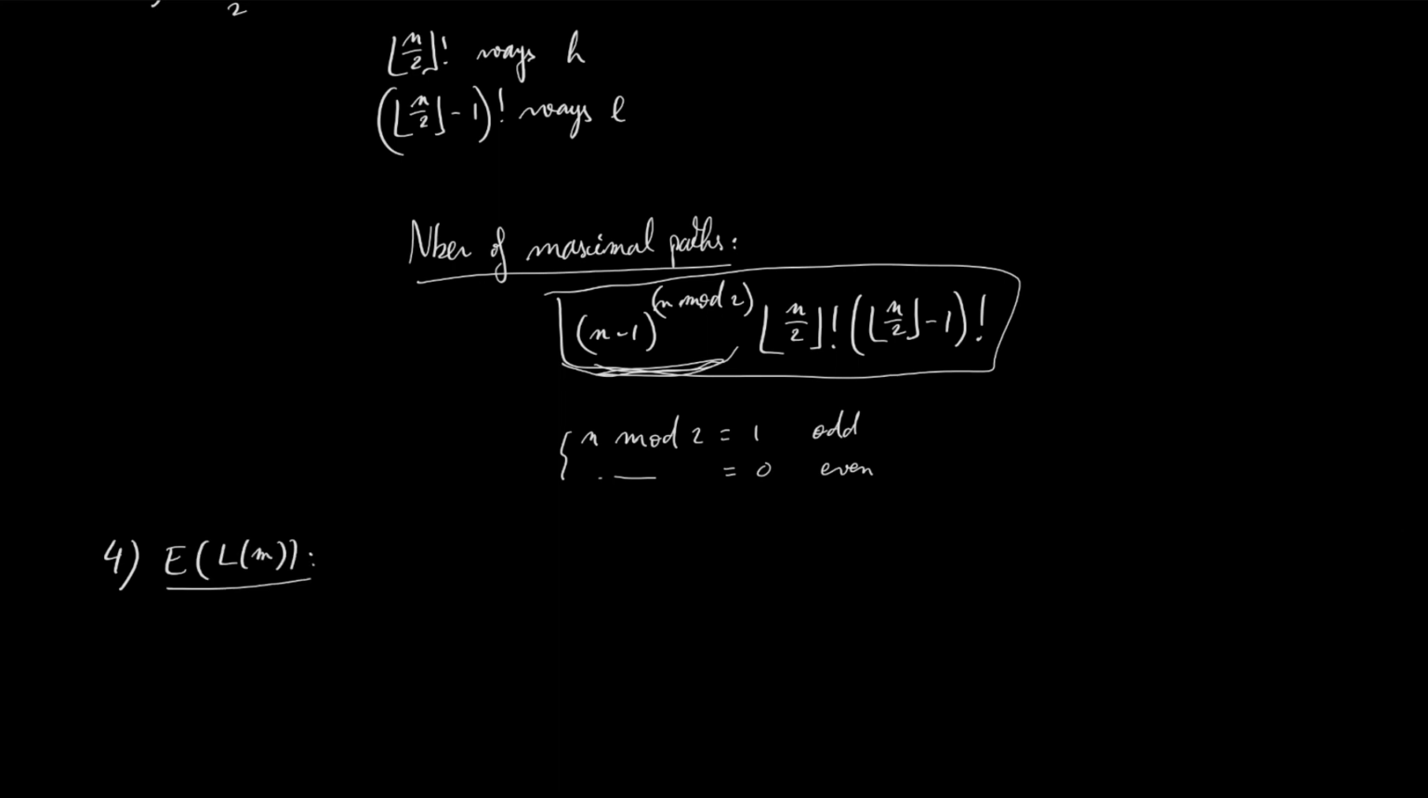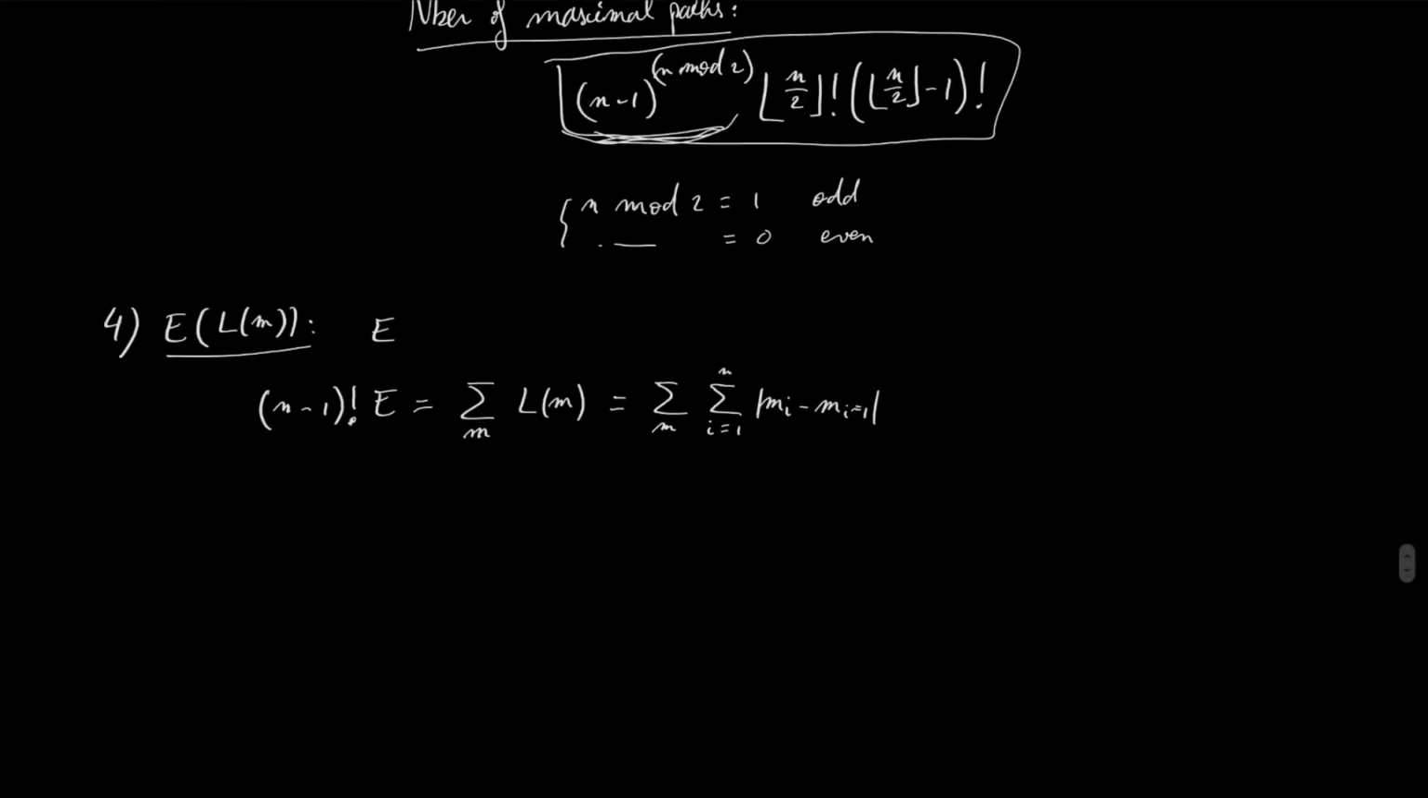So we are going to note this expected value big E, and what we know is that there are (n-1)! possible paths. So (n-1)! multiplied by the expected value E is equal to the sum for all possible paths m of the length of this path m, which can be written as the sum for all possible paths m of the sum from i equals 1 to n of |m_i - m_{i-1}|,